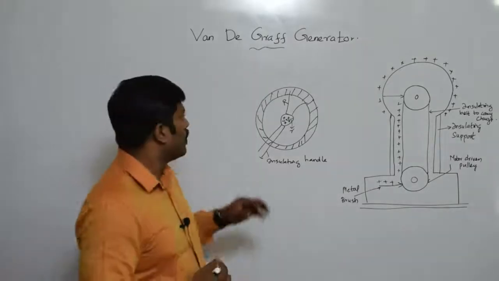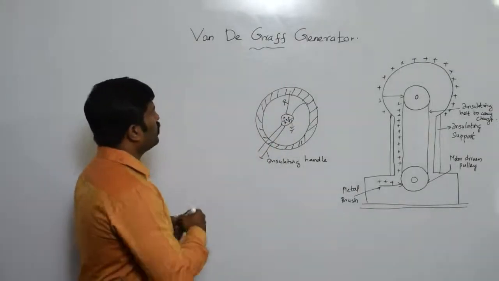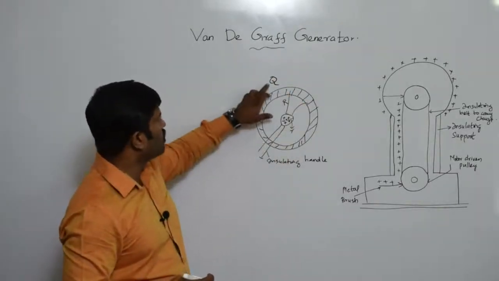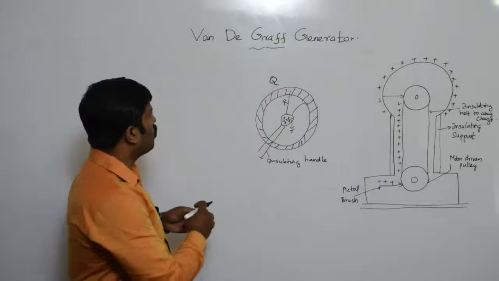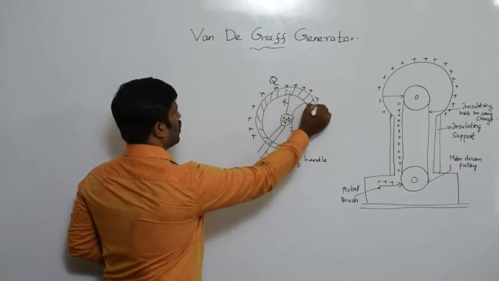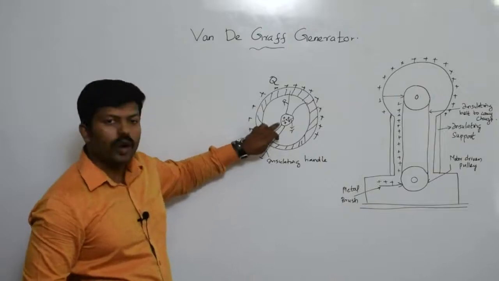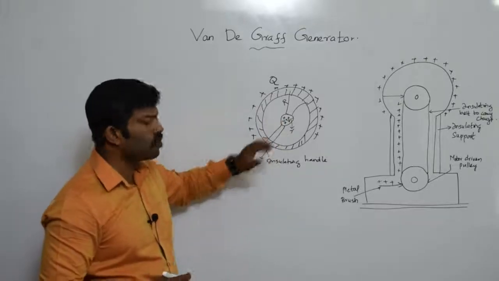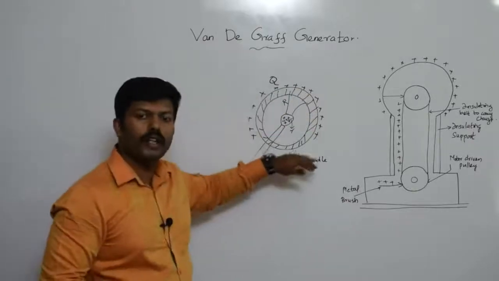For that, let us consider a large metallic sphere in which a charge Q is there. When we apply a charge Q on this metallic sphere, it will be evenly distributed. And we are introducing another small sphere with the same charge, and it will also have a positive charge over that. Now, the large metallic sphere has a positive charge on it, and what happens is